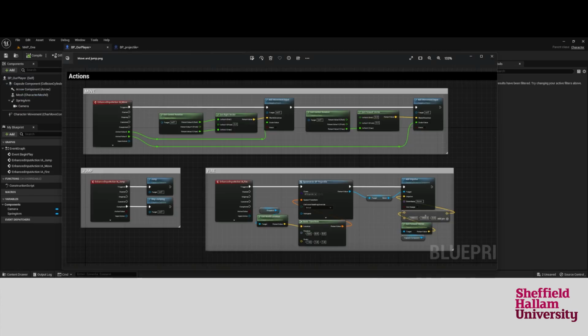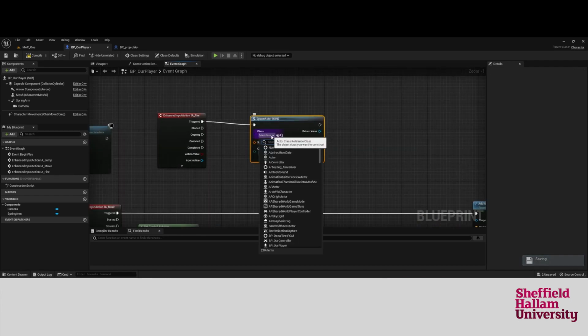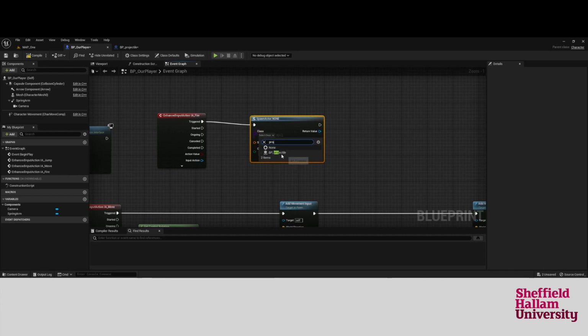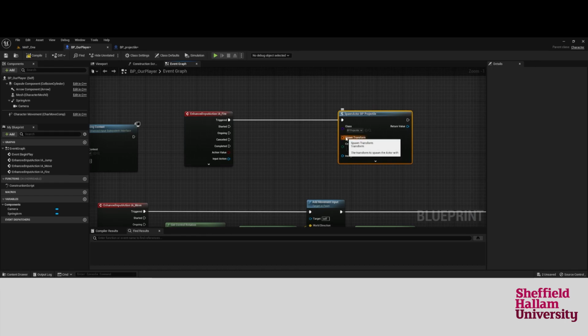Again, just so I can recall the terminology, if you go to the move and jump image, you will see the code that we're using. So we're doing a spawn actor BP projectile. That's going to set its location from where it actually spawns right in front of the player, and then we're going to actually add an impulse in order to move it. So if I minimize that, we'll do the spawn first, spawn actor from class, and if I type in projectile, BP projectile in the class dropdown, and then in the spawn transform,